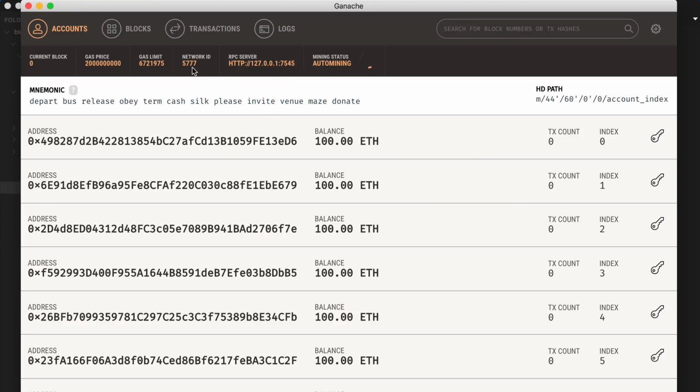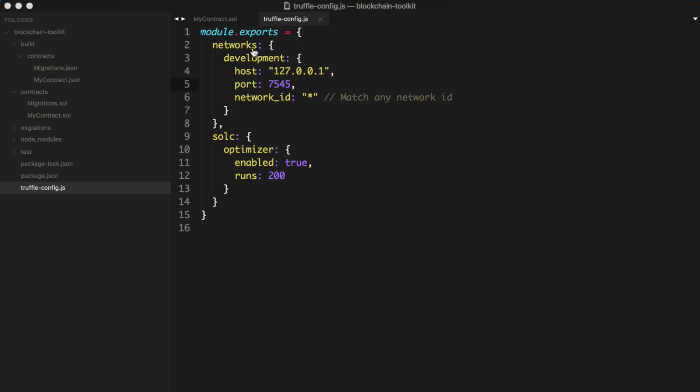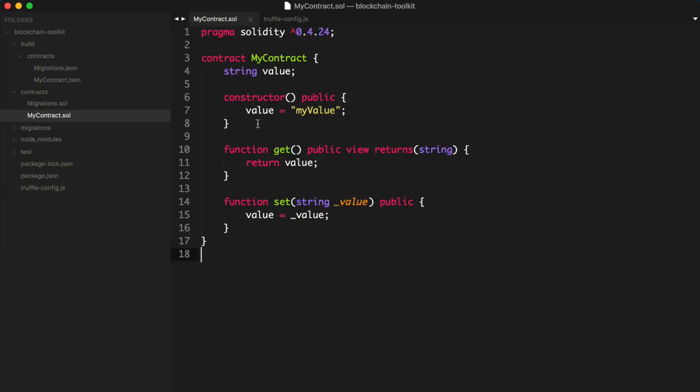That's the same port that we have Ganache running on right here. You can see that. So this is our Ganache network, our personal blockchain. And this is basically just telling us how to run our Solidity compiler. So now that that's configured, we need to actually create a migration file to deploy this smart contract to the